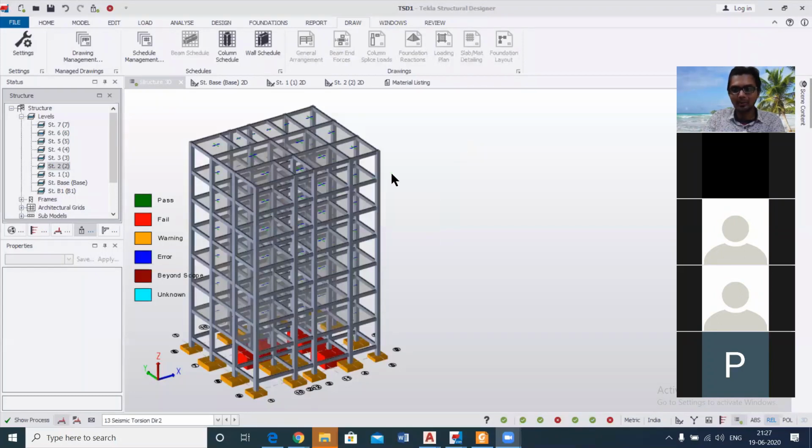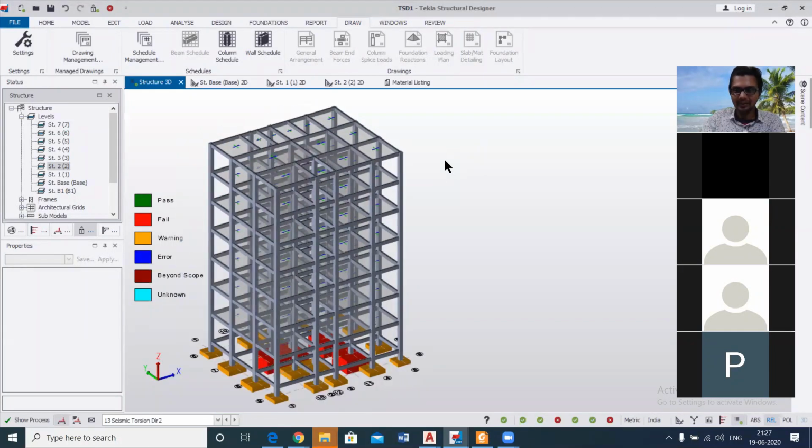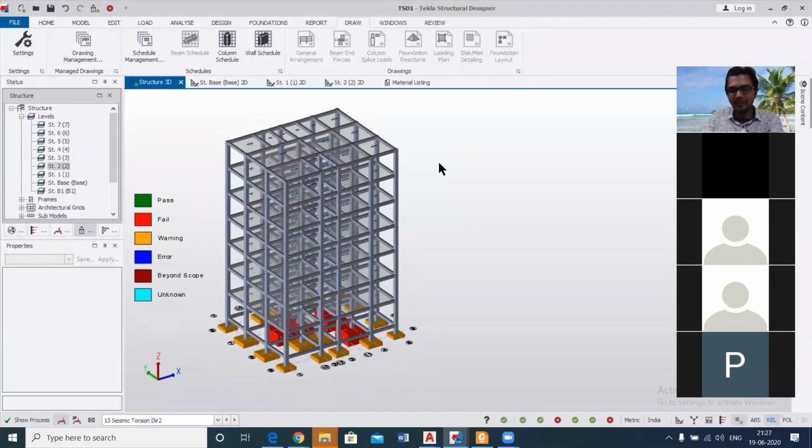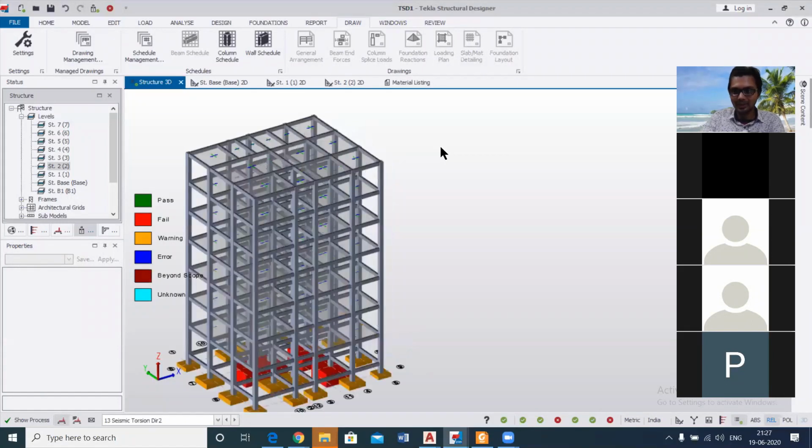This is about the field of structural designer. There are various things which a civil engineer can do, like site engineer, structural designer, construction planner. This is one among them, and this software is an advanced thing by which you can do this. That's why we gave a demo introduction to all of you, and all the best to you.